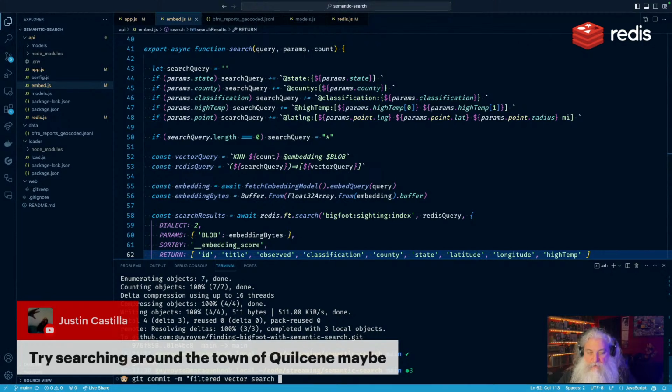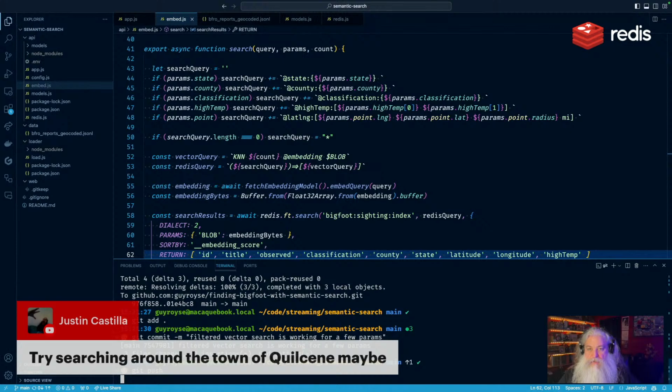Vector search is working for a few params. Yeah. Git push. And then we can filter out a whole bunch of those and write a really bunch of